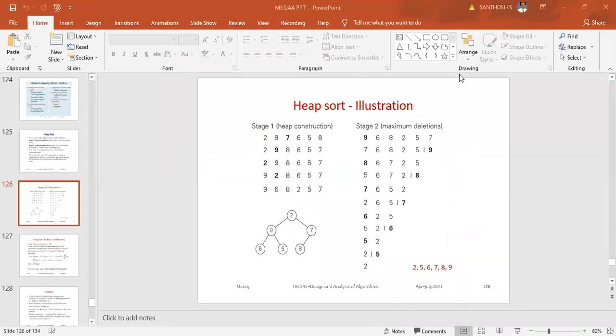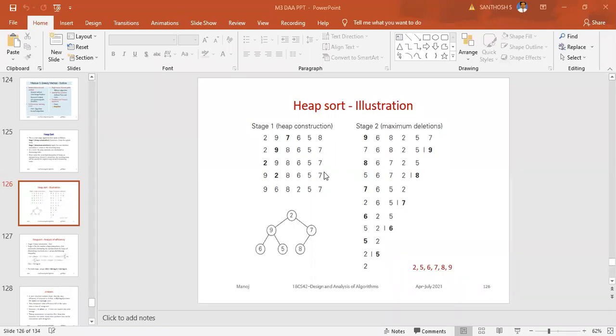Which are the two conditions of the heap? Anybody? Okay, there are two conditions of the heap.